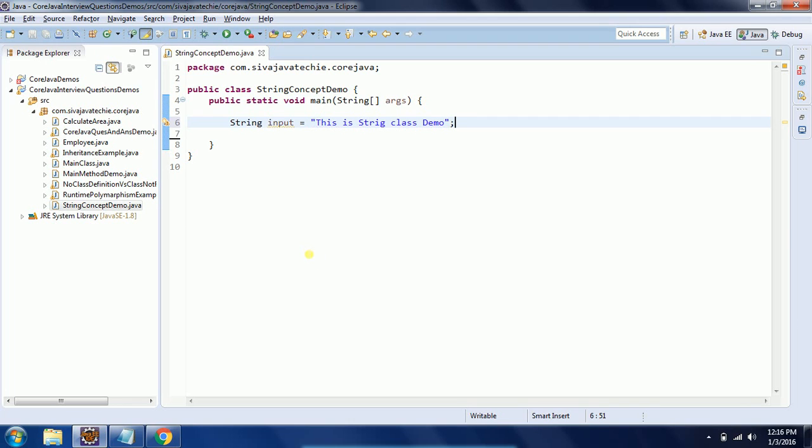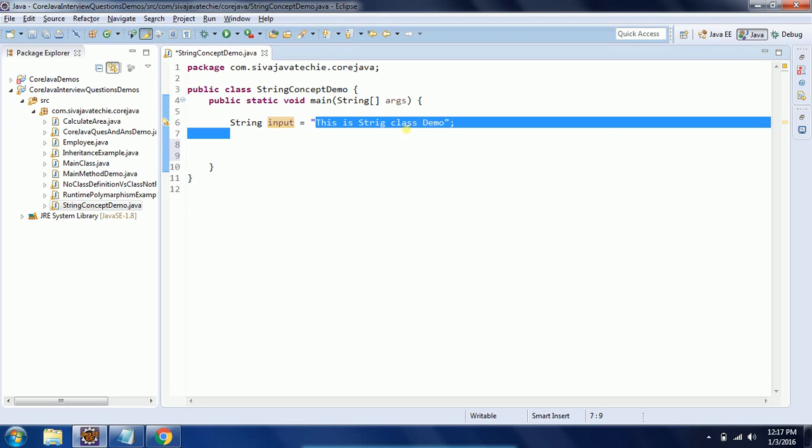The String class provides a method in order to convert the string to a string array. What I mean to say is, if we pass a delimiter to the method, it is going to split this string into a string array.